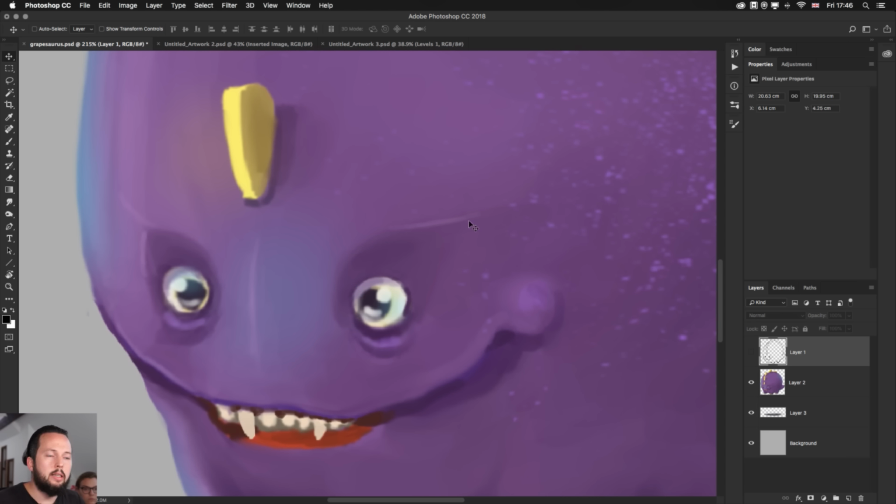So see, the way the eye socket works is that normally you have depth that you need to show. So we have eyebrows, and then the skull normally has quite a big area that's coming out, and also under the eyes is usually coming out, and then the eye sockets are going in.